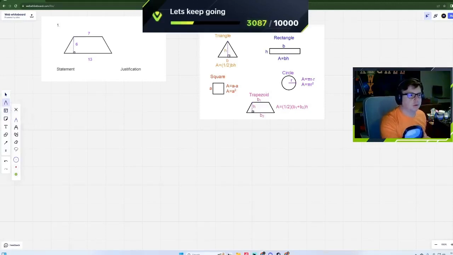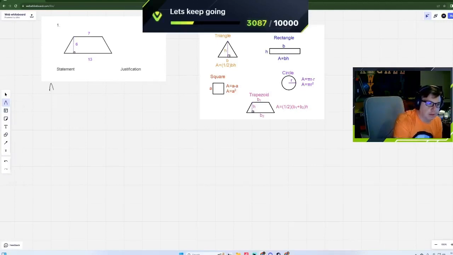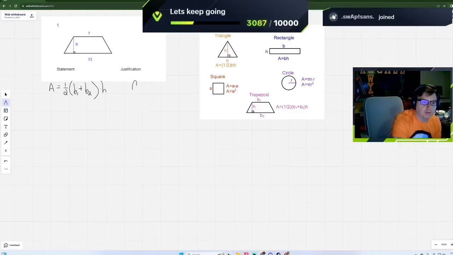talking about area. So, with the area, first thing we need to know is what figure we have. Obviously, we are looking at a trapezoid because we have these two sides pushing out. The base 1 is different than the base 2. It's not like the same on the top and bottom, like a rectangle or a square where all four sides are the same. We have different lengths on the top and bottom, so that's why we call it a trapezoid. So if that's the case, we need the area formula, which is 1/2 base 1 plus base 2 times height. And this is the area